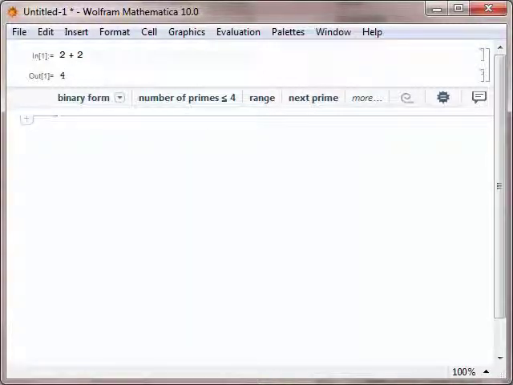In order to organize information in the Mathematica front end, the Mathematica program uses something they call a cell. There are several different types of cells. For example, here on the screen we see an input cell and an output cell. This is an input cell,